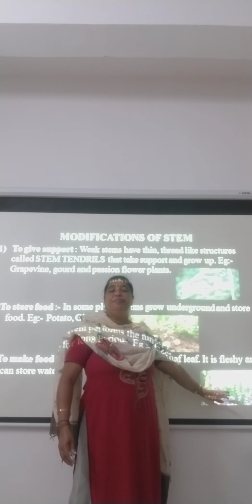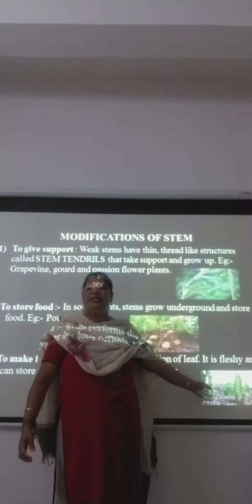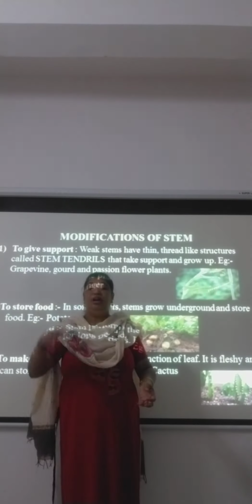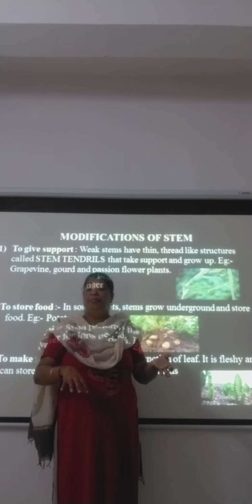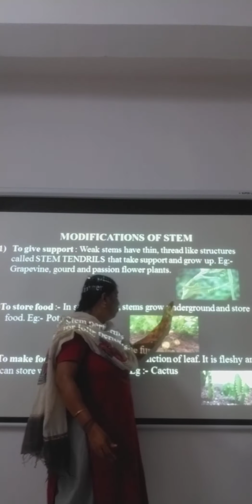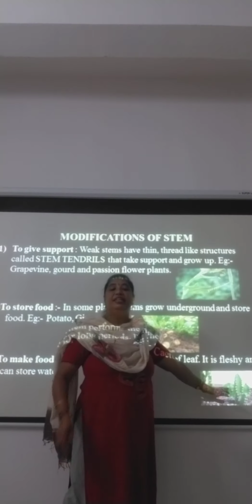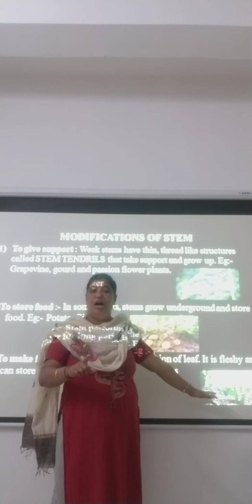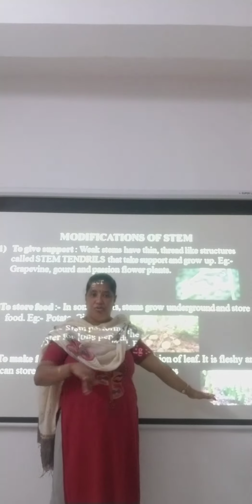Now these cactus plants, they grow in the desert, right? And in the desert, you cannot find water everywhere. Yes, and it is very, very hot also, right? Now in such areas, plants do survive. How? They change themselves. Okay? You can find leaves and branches in normal plants, but you cannot find them in desert plants, because the plants have changed themselves according to the surroundings.